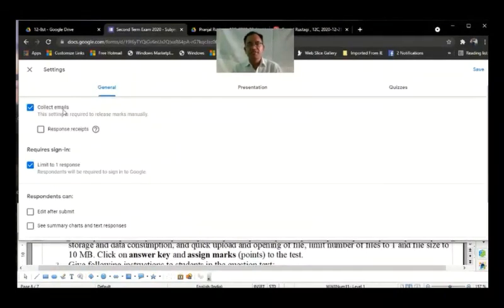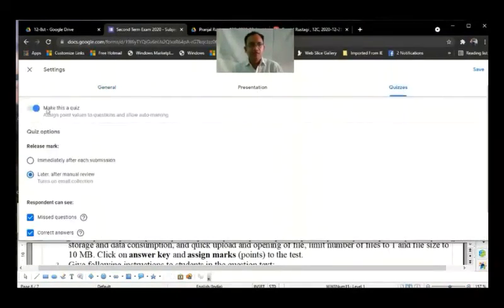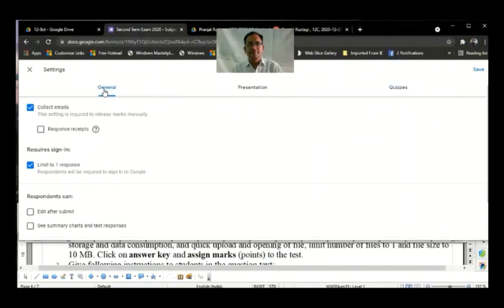It will be sent to these emails. Then in quizzes tab, click on make this a quiz and release marks later after manual review. After that, click on save.